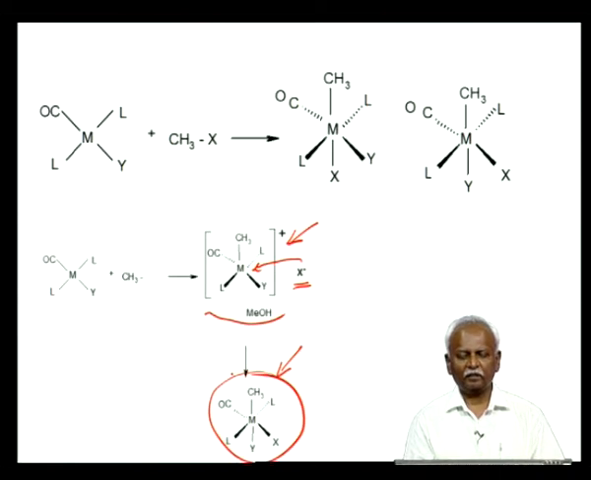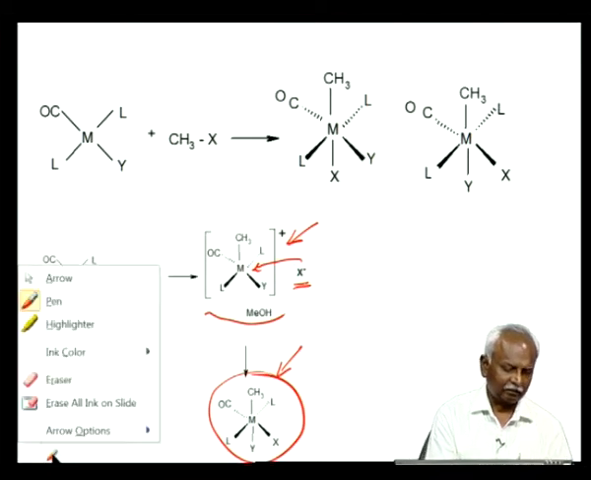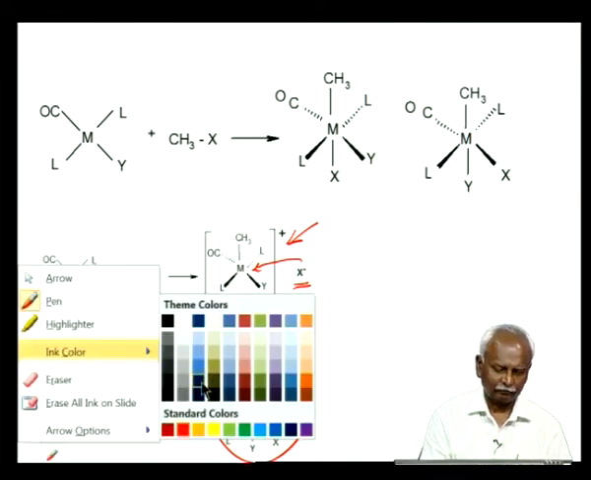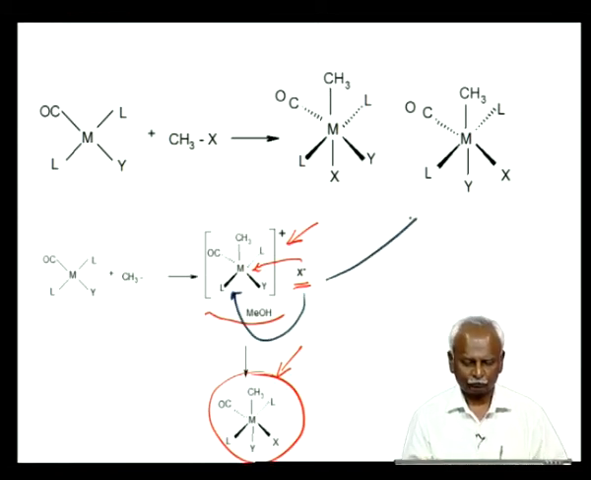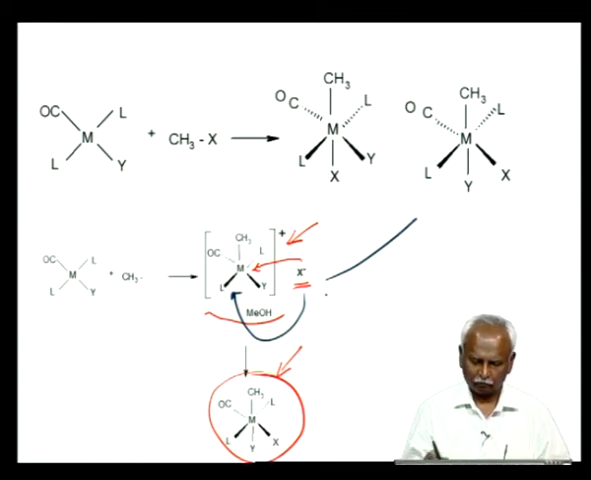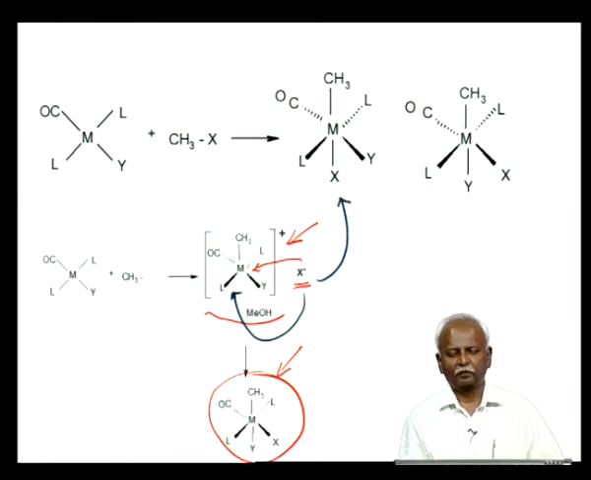On the other hand, if it is thermodynamically more favorable for X minus to attack here, and we will indicate this with a different ink color, then if X minus attacks here, we will have the product which is listed here. So, depending on where the X minus attacks in the intermediate, you are able to isolate two different